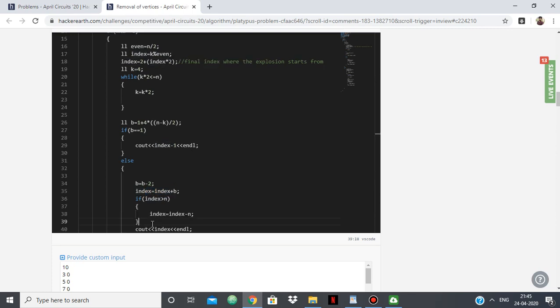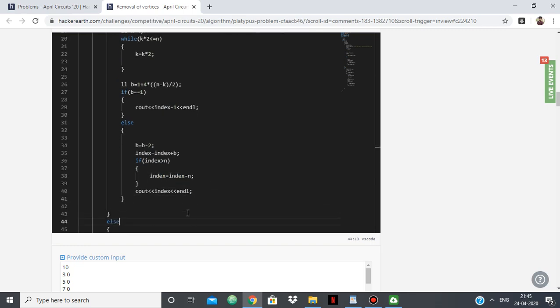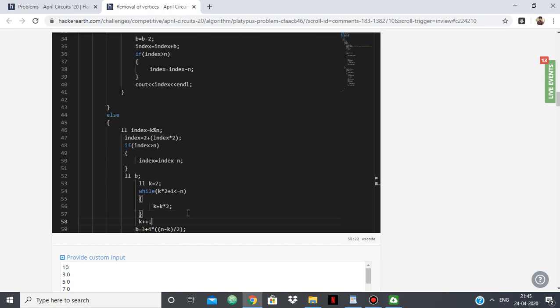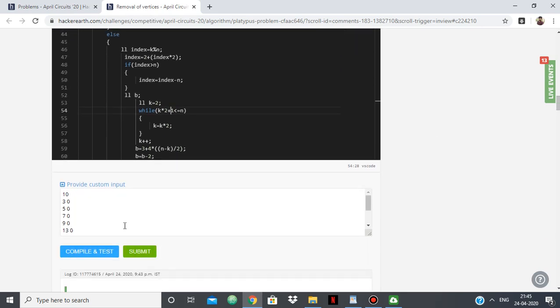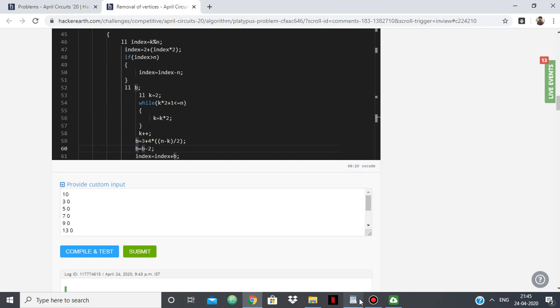And as I said, if it is greater than n, then we need to circle back. That's why I'm doing index is equal to index minus n. Now, for the odd part, as you can see, I found the power of 2 plus 1 just before it. For example, at 5 it is becoming 3 again, and at 9 it is becoming 3 again. So the power of 2 plus 1 is happening here. So the same thing, the greatest for the odd is,